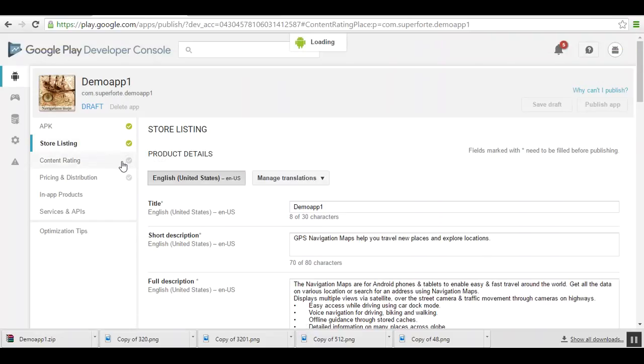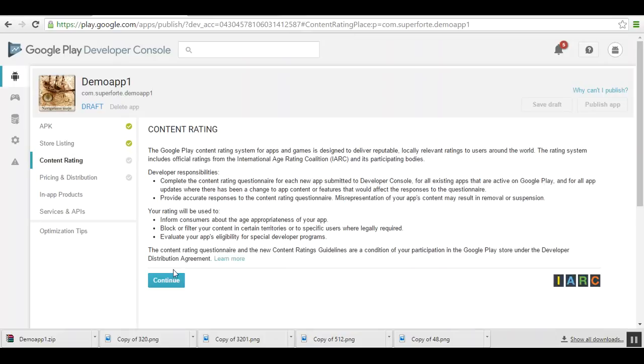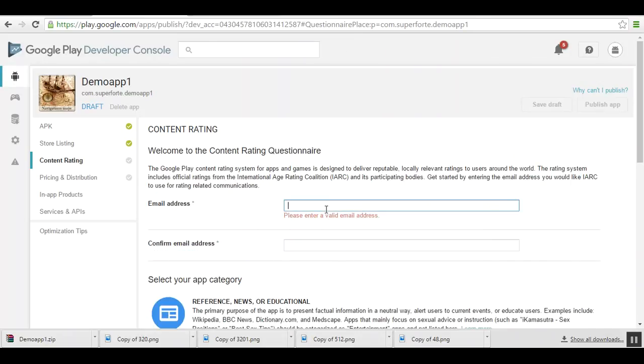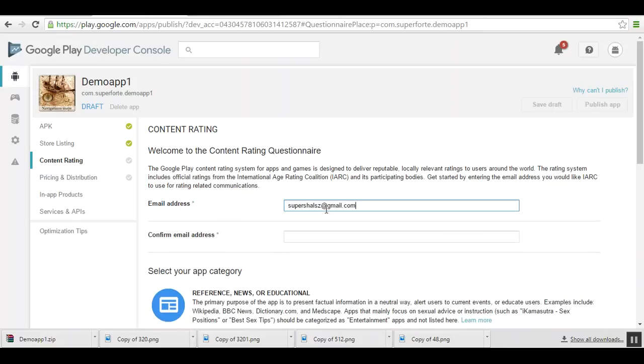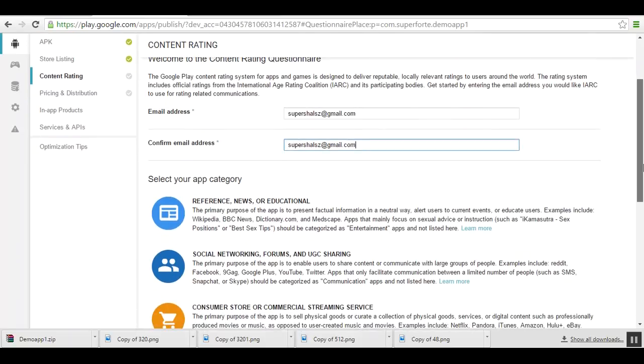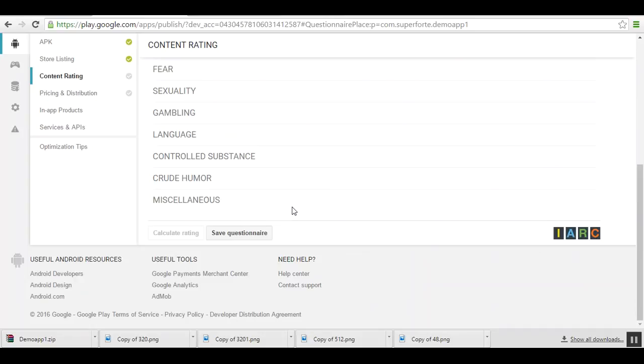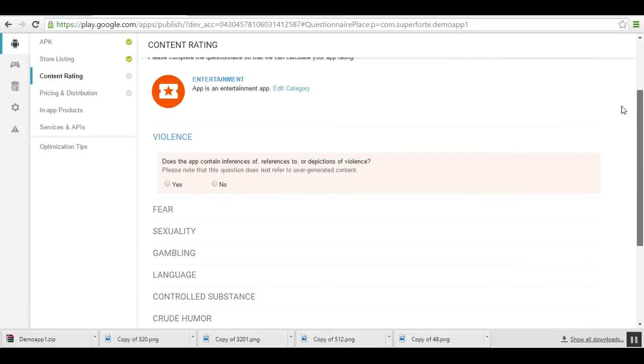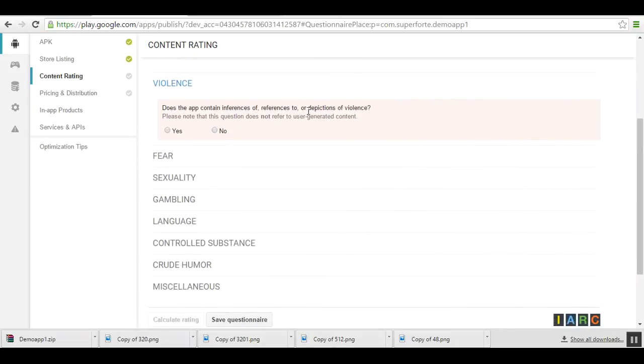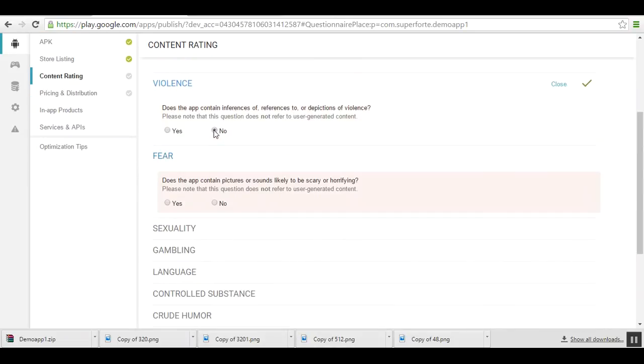Move on to the next item, that is content rating. Continue. Enter your developer account email ID. Scroll down. Select the type of app, that is entertainment. You have to mark your content type now. So mark no for all the options.